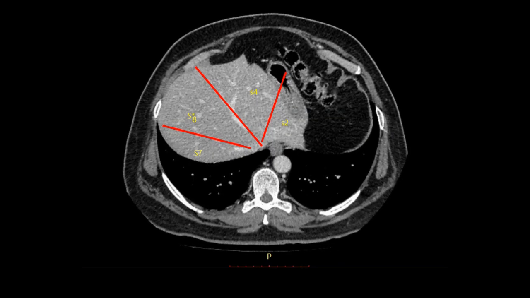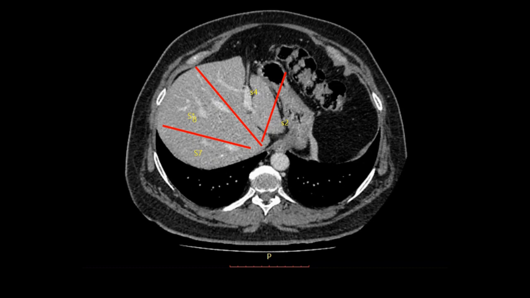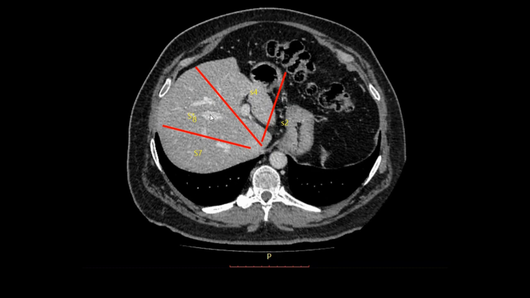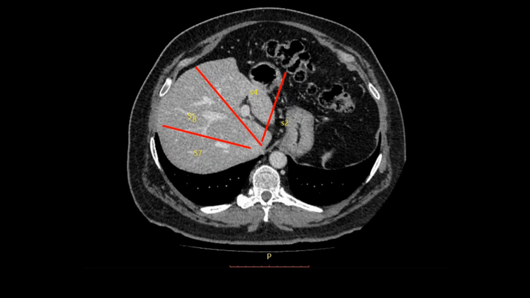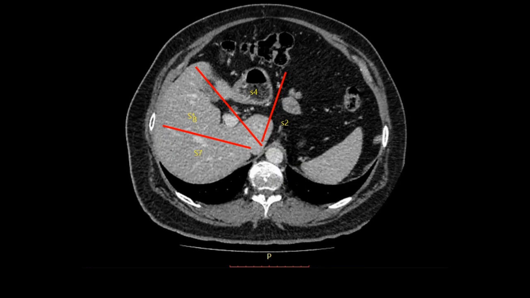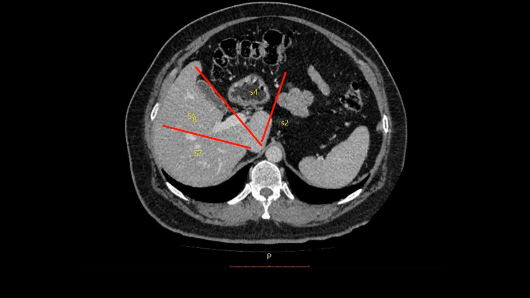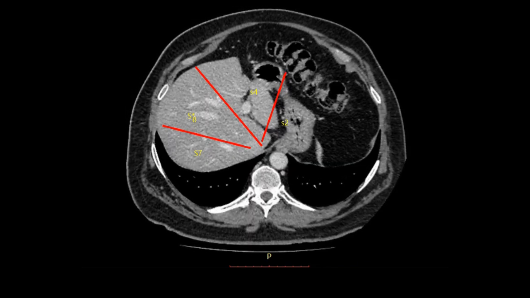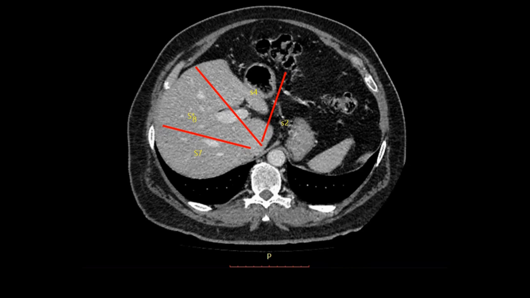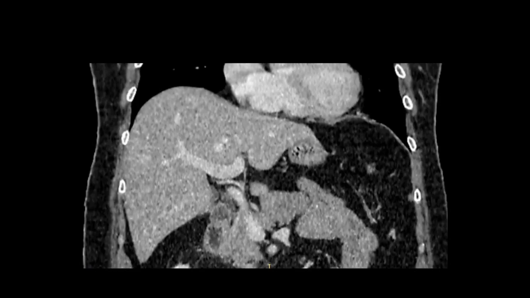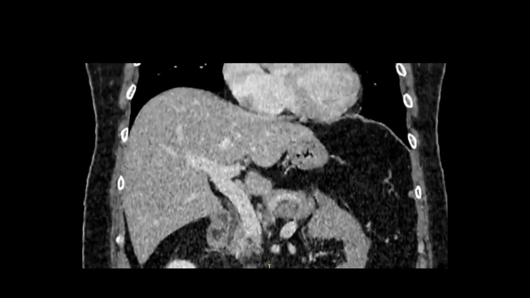Now as we go down on the console, you will start seeing the portal vein. So this is the portal vein. As we have discussed, the portal plane helps you to divide the liver into superior and inferior segments. For understanding the portal plane, the coronal section is just to revise for you that you have to see where the portal vein bifurcates.